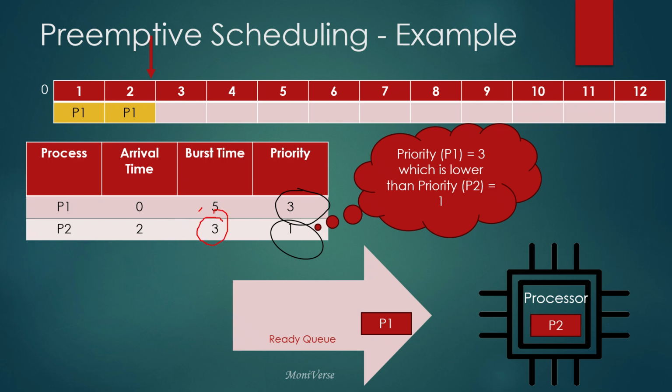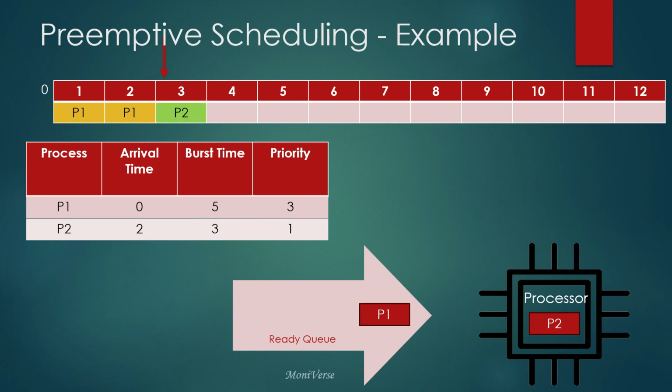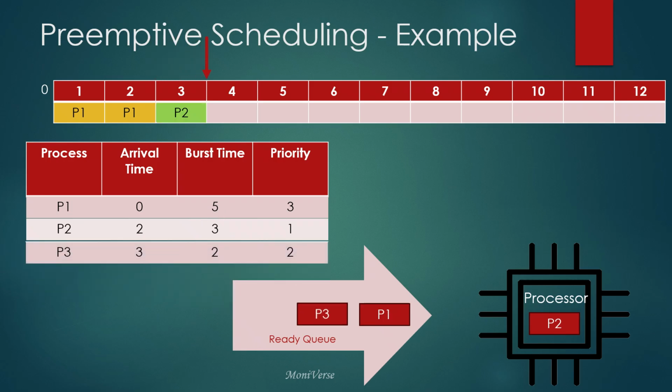So let us see what's happening. The P2 is running for the first unit, and during its running, P3 enters the scene, and P3 is having lesser priority. So when we are comparing P3 and P2, P2 has the higher priority, that's why P2 is being executed again,